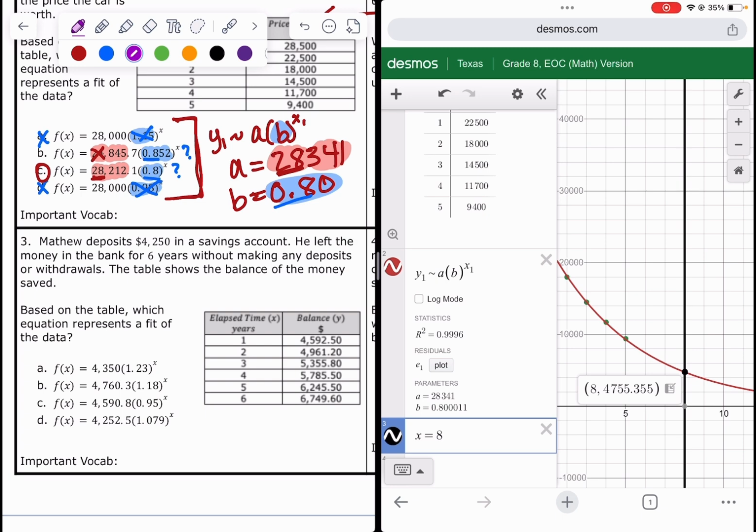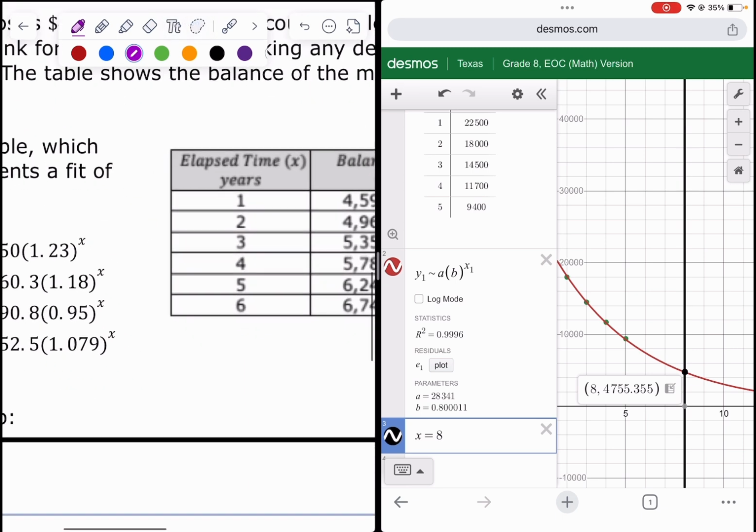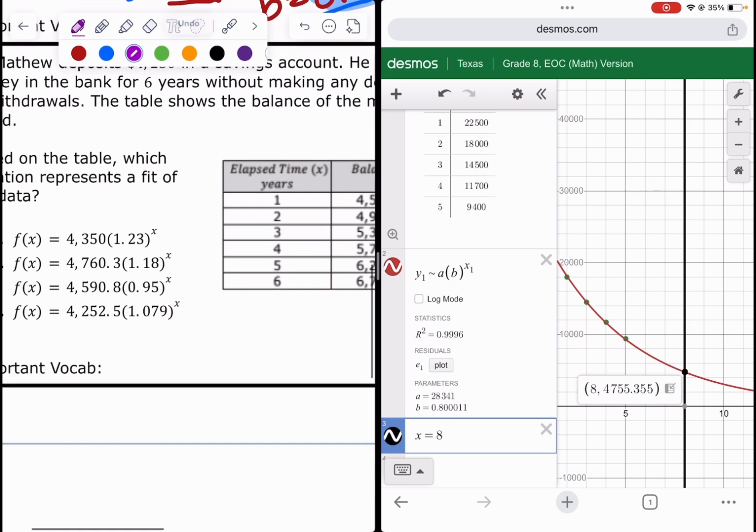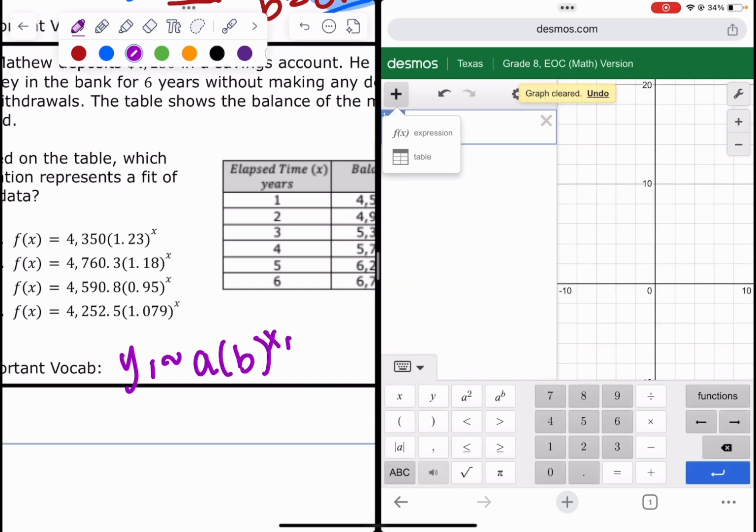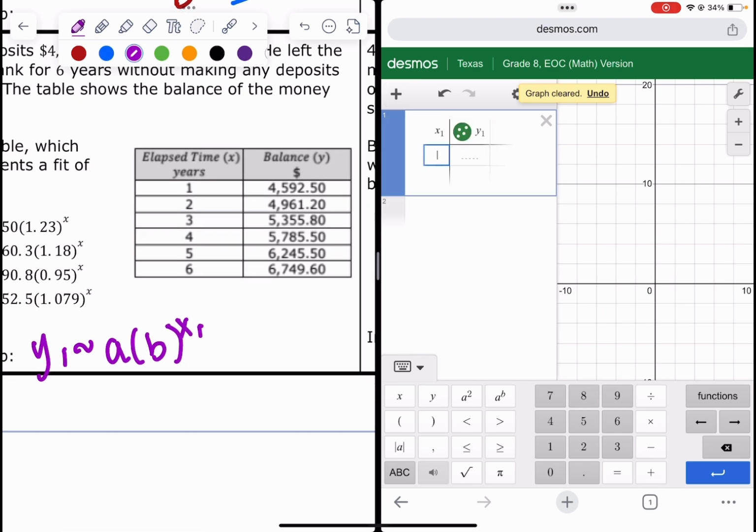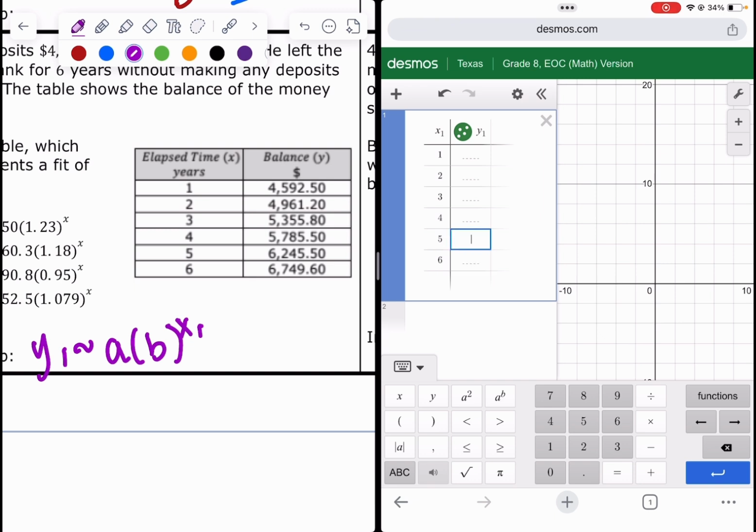So I know I don't have any important words here, but if I look at the answers, they have the little x's. That means this is exponential. So I know I'm going to use y1 squiggly line a b to the x1. So I'm going to delete everything. I'm going to press plus, table. You have 1, 2, 3, 4, 5, 6. Now I have 4,000. We're going to ignore the comma,